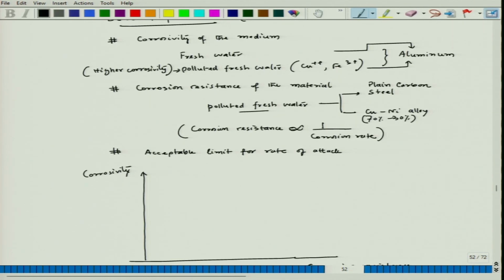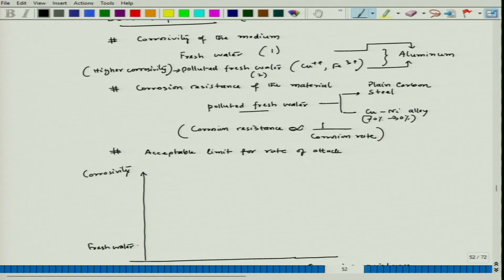Now, for example, polluted fresh water has a higher attack ability on aluminum, and fresh water has a limited attack ability on aluminum. So we can say that fresh water can have some random number, let us say 1. I can assign number 2 to the polluted fresh water, and it is also in increasing order. So that means I can put fresh water here